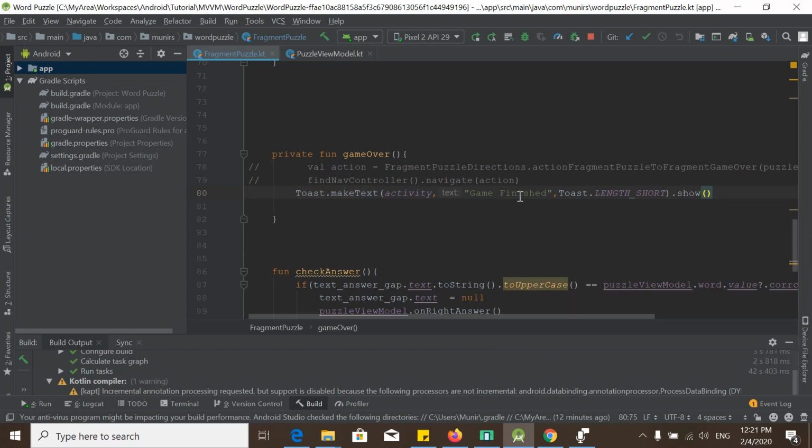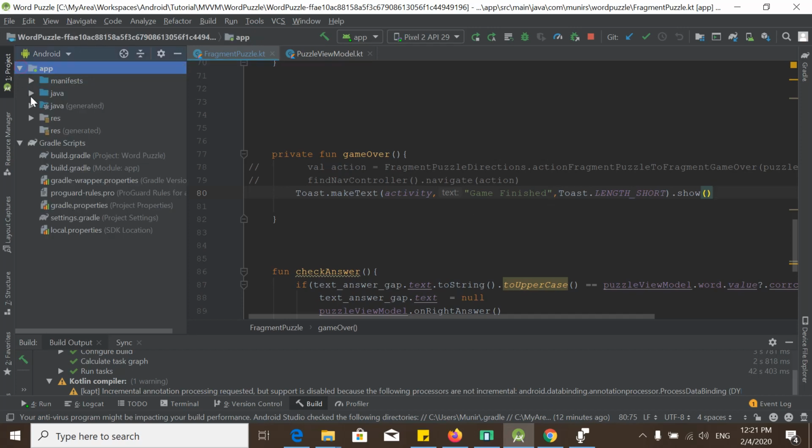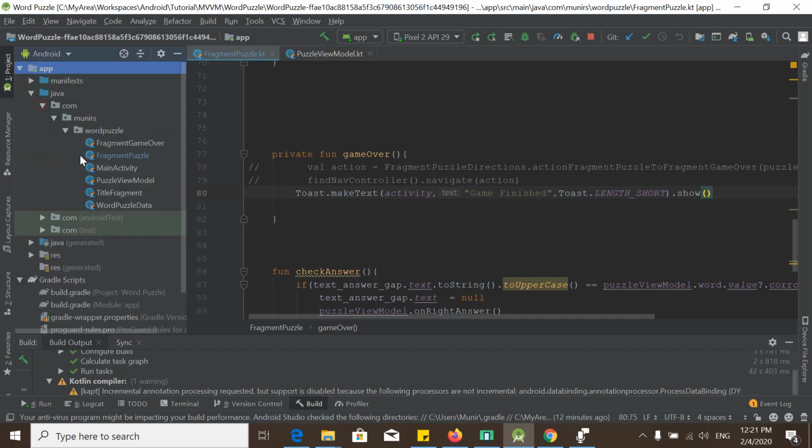We will show this toast message first for test purposes, and if this works fine, we will switch to our score fragment, the game over fragment. So if we run our app again,